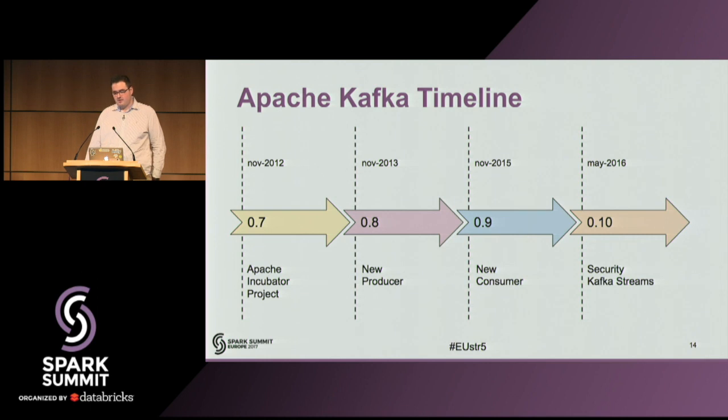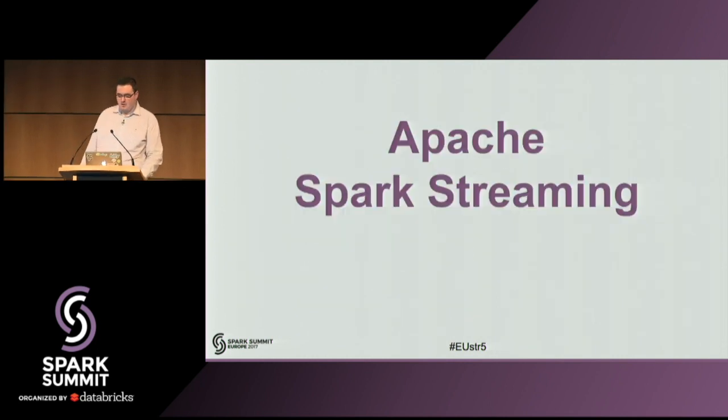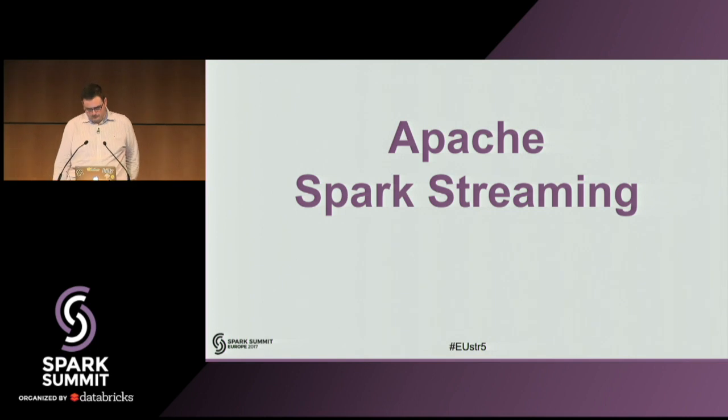However, things got really interesting with the new consumer API, basically because it merged into one the best parts of the 2 prior, separate and different consumer APIs, the high-level API and the simple or low-level API. With the latest release, 0.10, we got security enhancements, but more exciting, Kafka Streams. Although this is not related to Spark Streaming, so we won't talk about those, you should really look at them. Well, enough for Kafka for now.